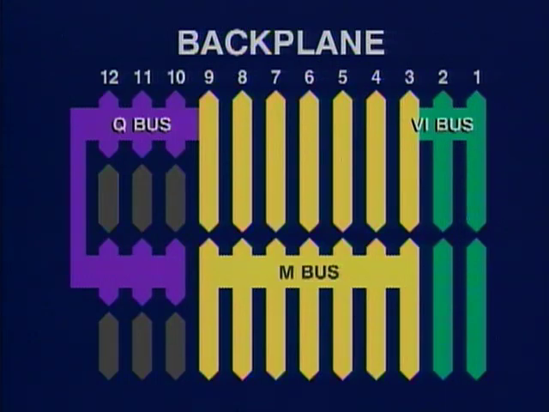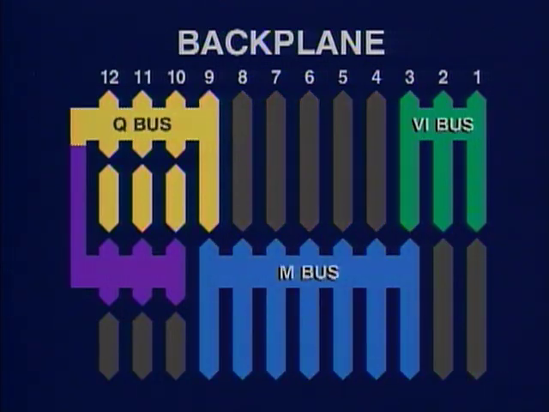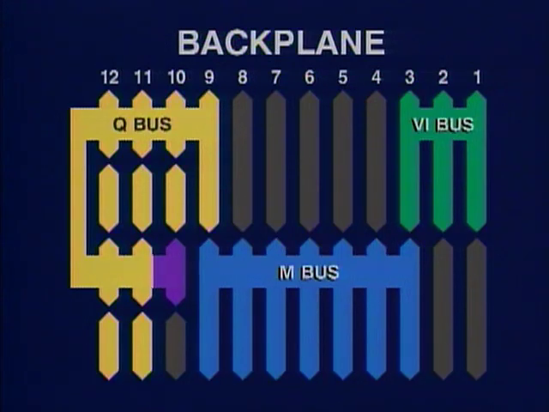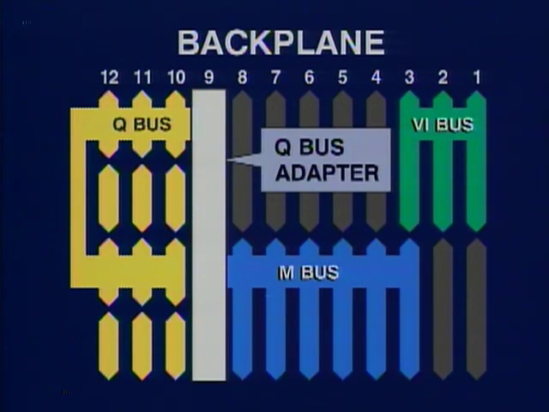The M-bus runs along the bottom half of slots 3 through 9. The QBus runs along the top half of slots 9 through 12 and then down to the bottom half of the backplane and back across slots 12 through 10. If the QBus adapter module is installed, a limited set of QBus modules may be installed in slots 10 through 12. The QBus adapter module, if installed, must be placed in slot 9